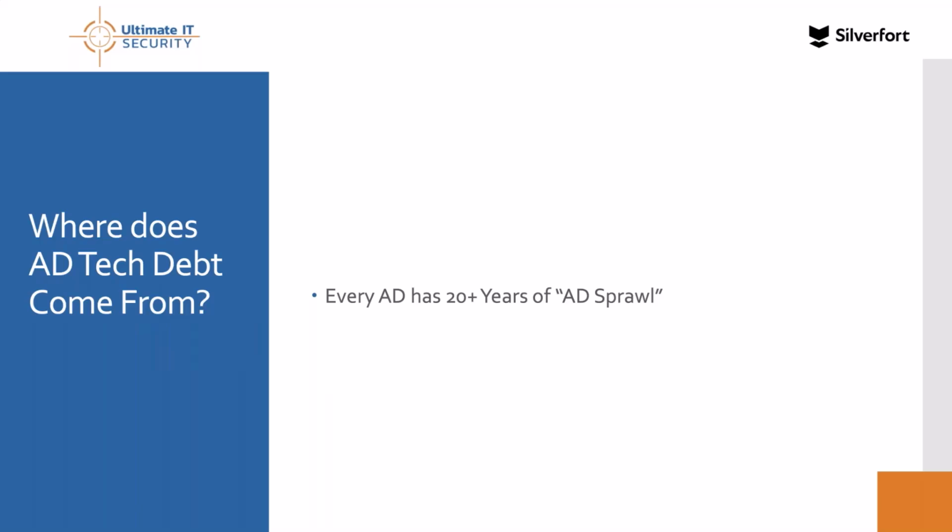So Charlie already says 25 years. Charlie already wins, but I was just wondering how long you guys have all been managing your AD. And I think of an AD environment as being full of an accumulation of changes over time. And unless your organization has been very, very diligent in change management and keeping track of everything that's been done, doing things like attestation of group membership and worrying about nesting and doing periodic reviews and all that, it's probably more like an amalgamation of 20 years of one-off fixes to daily problems that no one even remembers anymore.